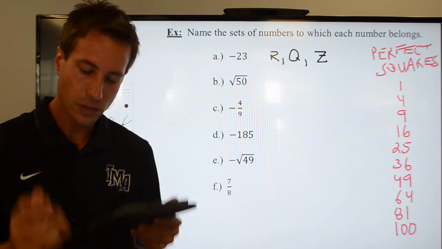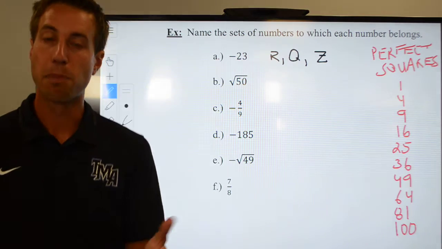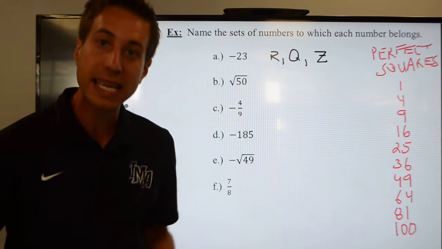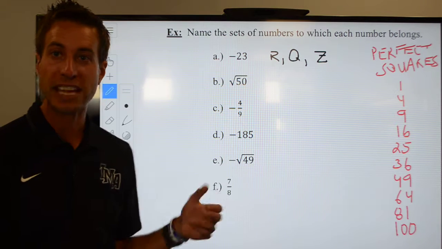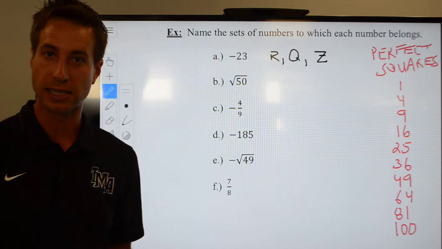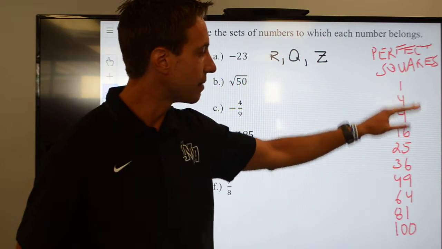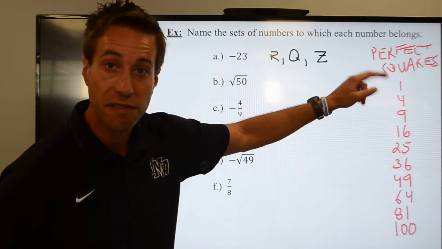So this is a list of our first 10 perfect squares. Now the reason I made this list is for this reason. My next real number is the square root of 50, and I'm going to try and categorize this number. The reason we made this list is because whenever you take the square root of one of these numbers,